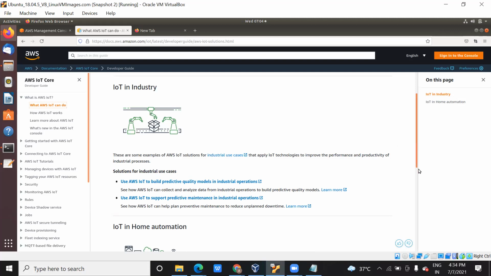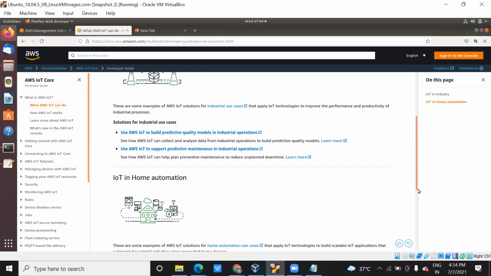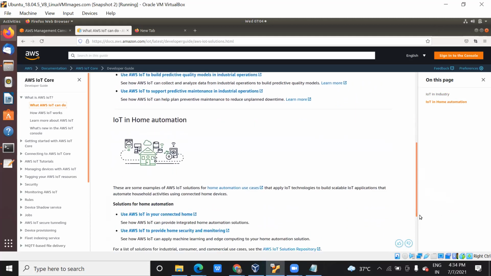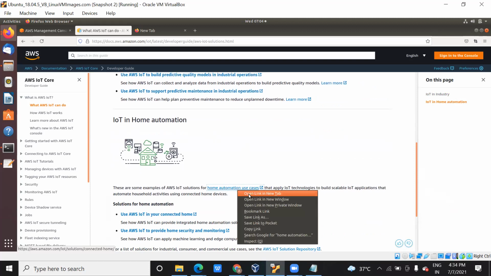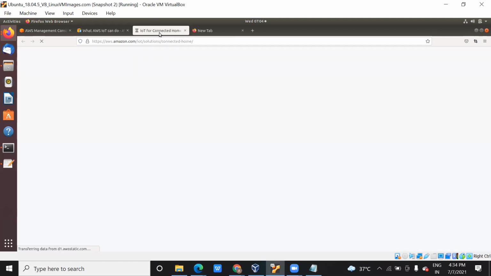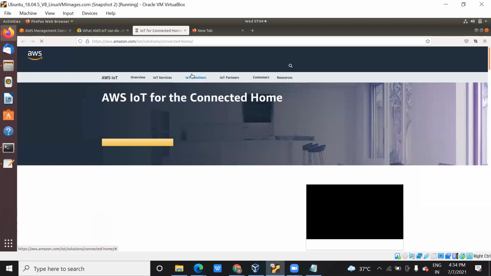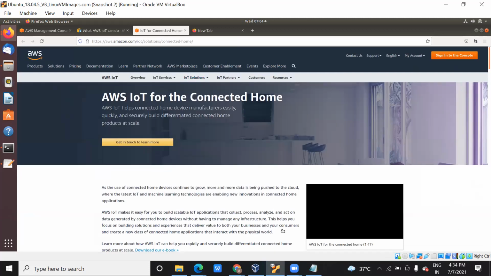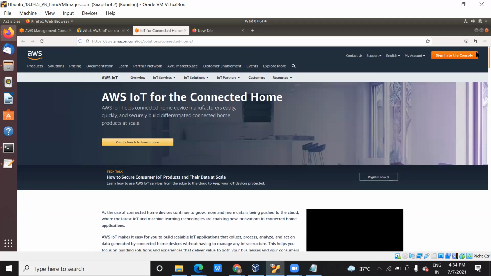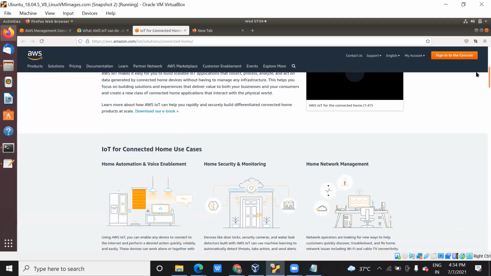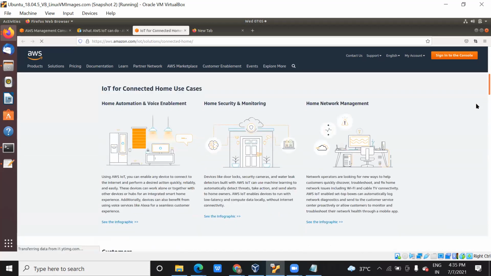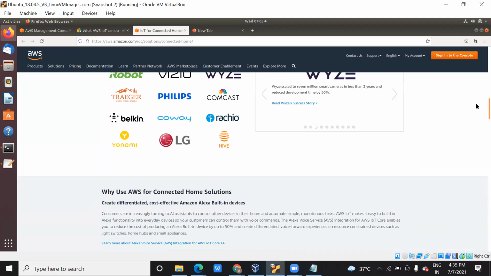So like this you can do it. Similarly, you can check home automation. In home automation also, you can see the figures they are showing. You can click on this link and search about it, for example, how home appliances connect with AWS. The reason we connect is so that whatever data is generated by your home appliance, whether it is camera recording, monitoring, or anything else, can be saved directly into your cloud instead of on your local system.